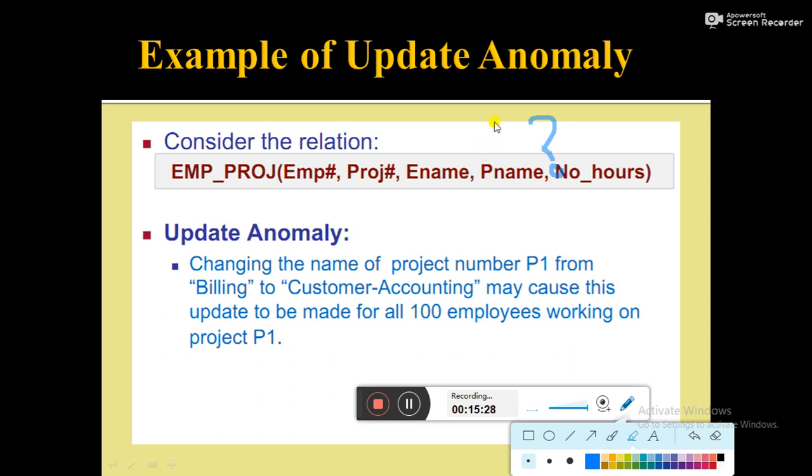So the first anomaly, the first problem, is update anomaly. For example, P1 is the project number, and initially the name of the project is billing. Again I am repeating, the project number is P1 and the project name, suppose, is billing,